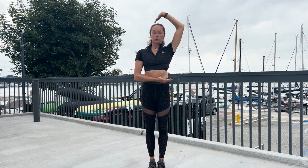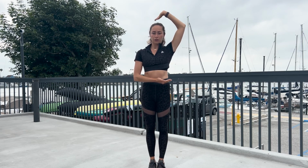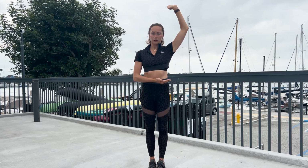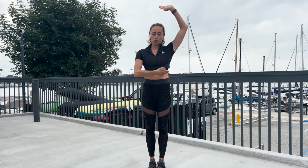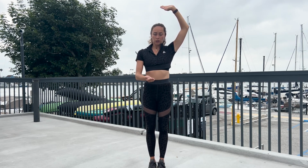1, 2, 3, 4, 5, 6, 7, 8. Good. And now right arm. So here a little different. It's not regular support skull, it's very close to your body support skull. So you